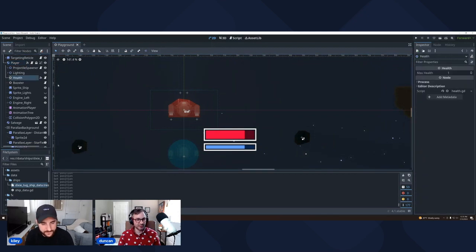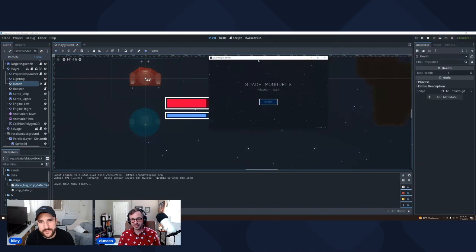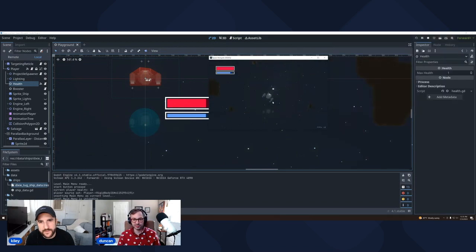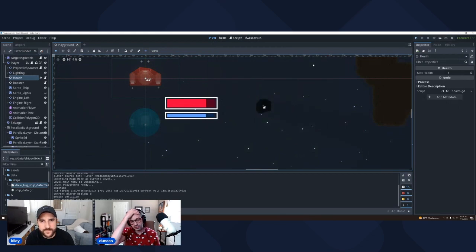Cool. So right now I've got health, right? And the health node is actually what's driving this health bar right here. And I bring this up because what we're doing is very similar. See how we've lost health now? It's similar but opposite. So what we're going to do is really mimic this node and then make a few changes.